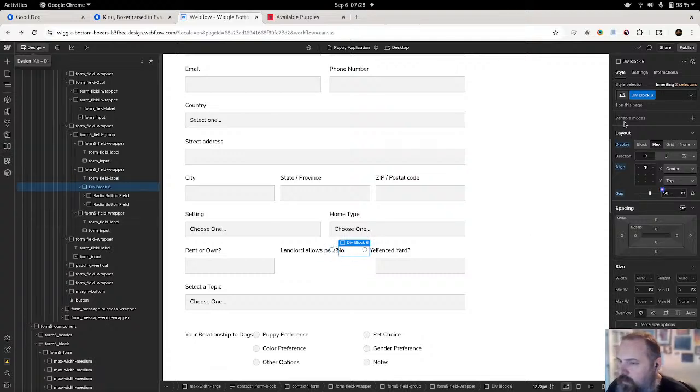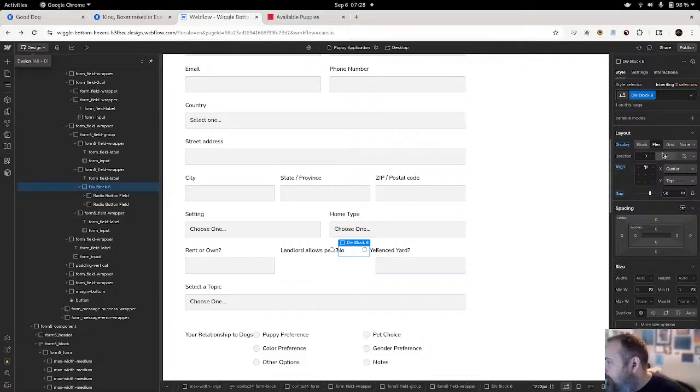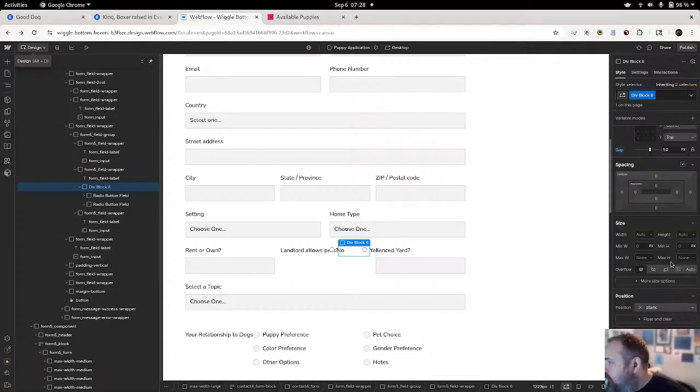And next thing we need to do, I guess, because we're going to display this. Oh man, can't do both. We'll flex it. Where's our clear both?